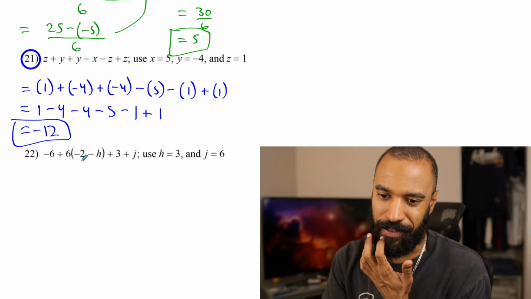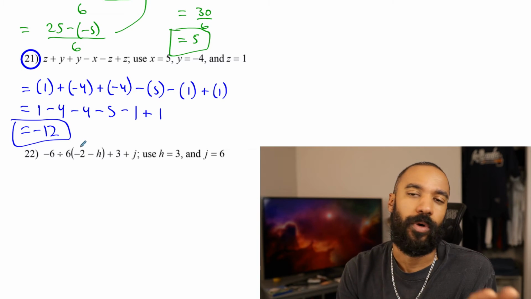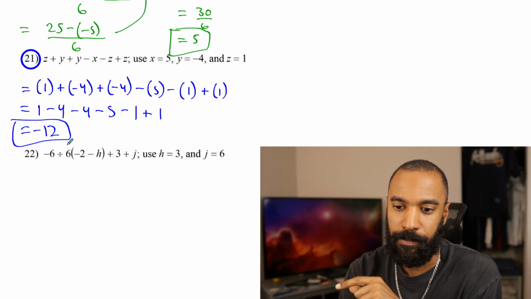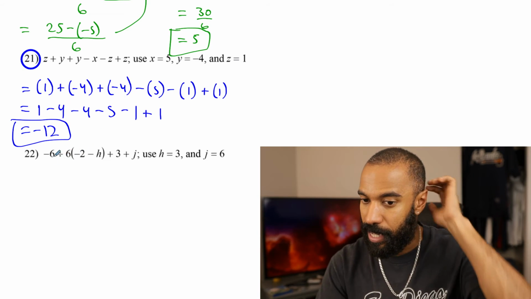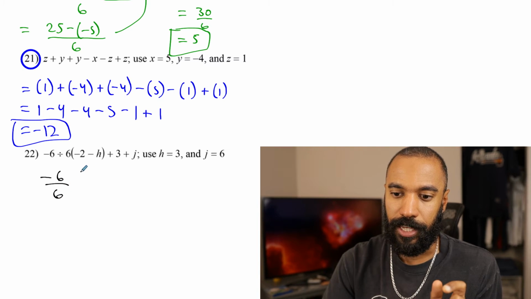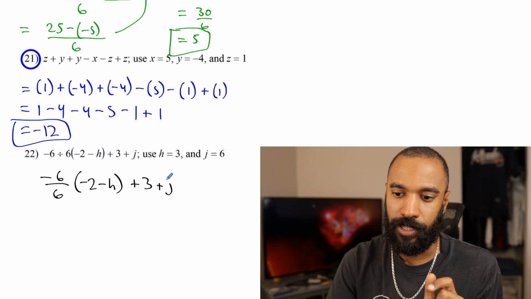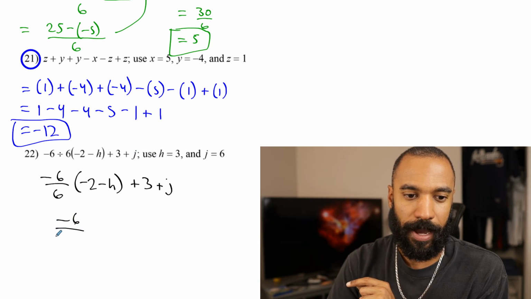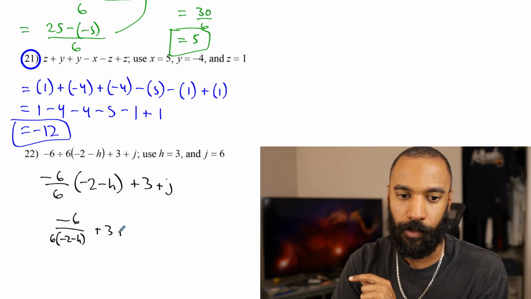This one right here is an even numbered problem. It would be kind of a nice one to... Let me just show you what it's written with as a fraction. I'm not going to solve it, but this is important. We do not keep these in the denominator together unless there were brackets, parentheses, anything like that. This negative 6 divided by 6, these divide together just like this. This part multiplies with numerator stuff, so it would look like this. You do not put that negative 2 minus h down here with the 6 unless they were with parentheses together,